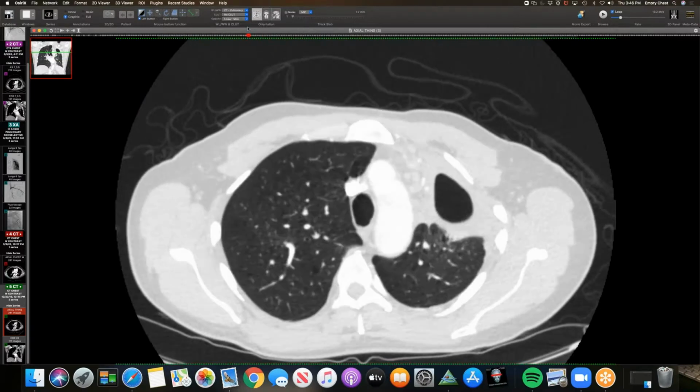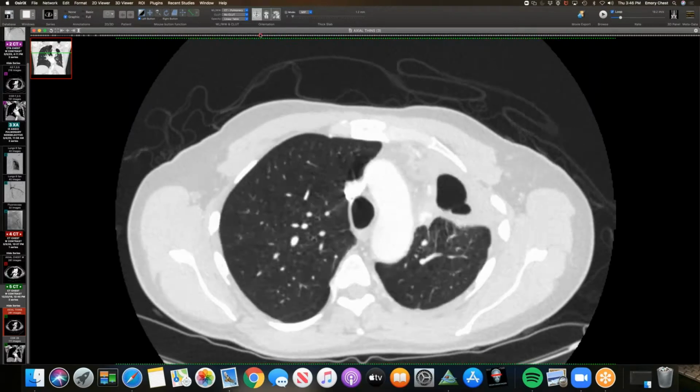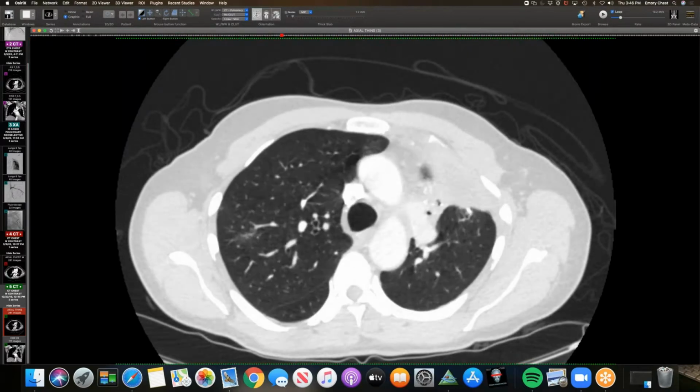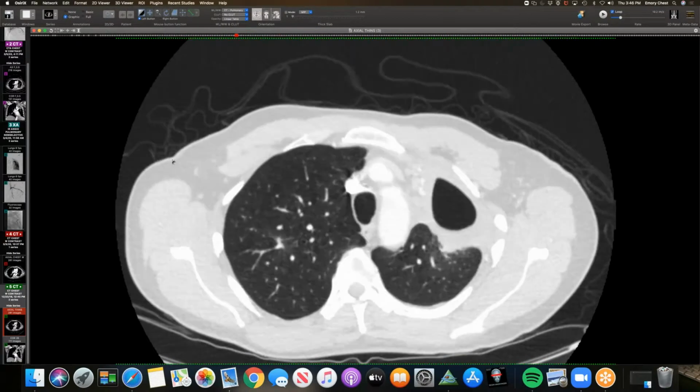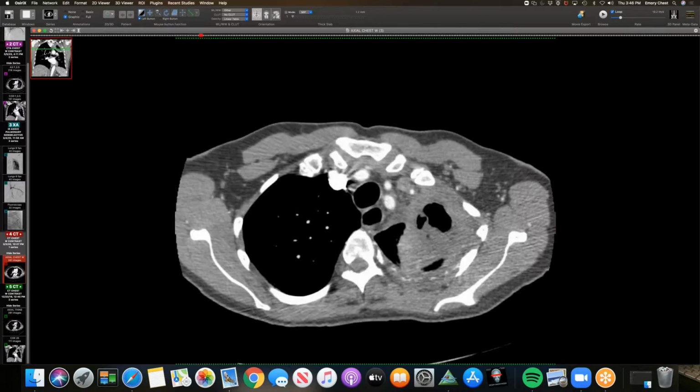You can see it looks like there's a bronchopleural fistula here. You can still see air. And then look at the follow-up scan, I think a few weeks after that. Again, you can see there's